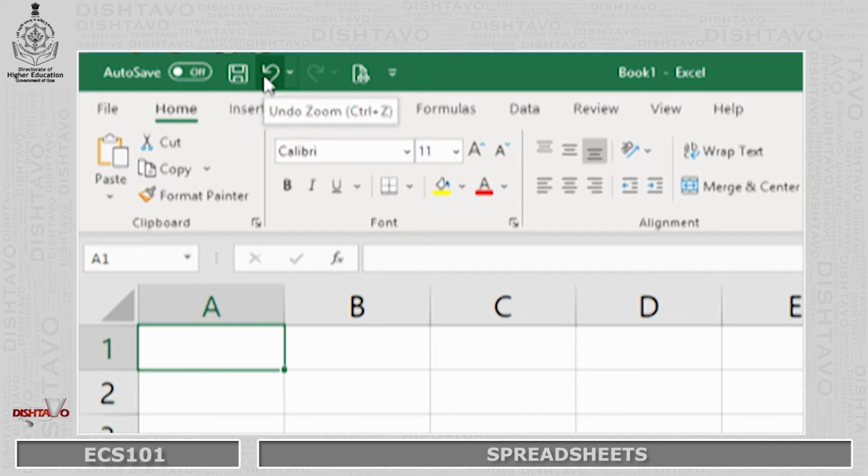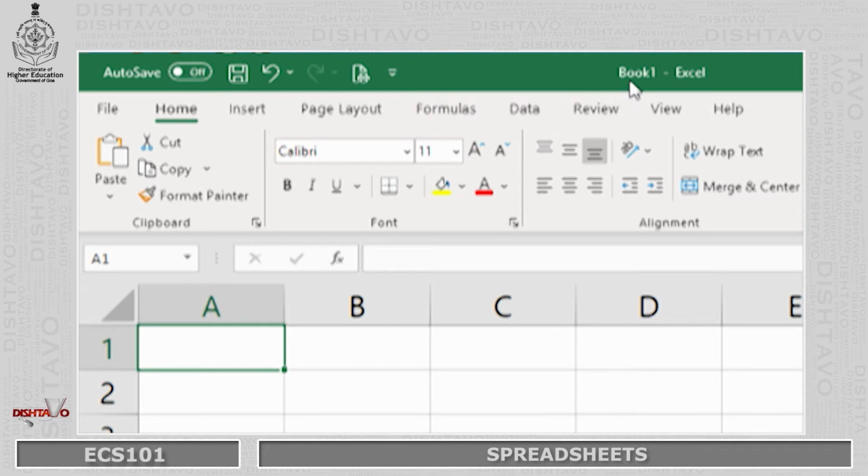On the address bar, the next button is the undo button. So if by mistake I do some action which was not supposed to be done, I can always click this button to revert back to my original situation. That is the undo button. This is provided by the spreadsheet in case some error takes place and you want to revert back to the previous action. Now here this button is not highlighted because we have not yet performed any action, that is the redo button. If we do some action and we want to redo it again, then you should click on this button.